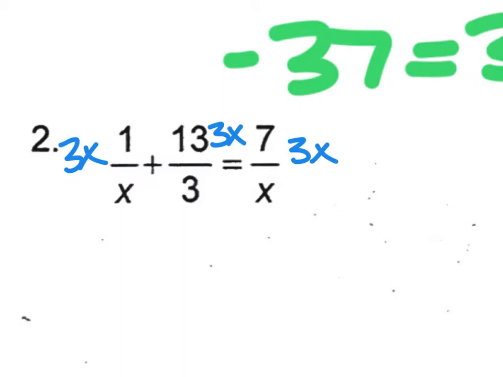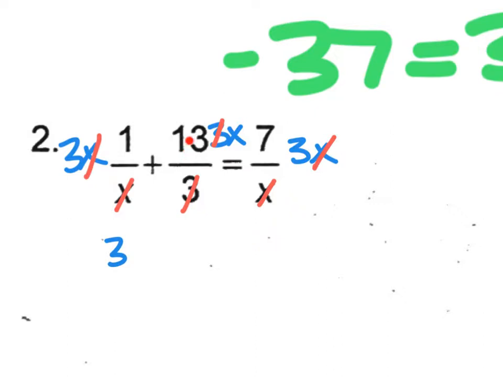And this is what's awesome. Whenever you multiply by the LCD, you cancel out the denominator. See, there the x's cancel. Here again the x's cancel. And in this middle term, this 3 and 3 cancel. So what I'm left with is 3 times 1, which is 3,